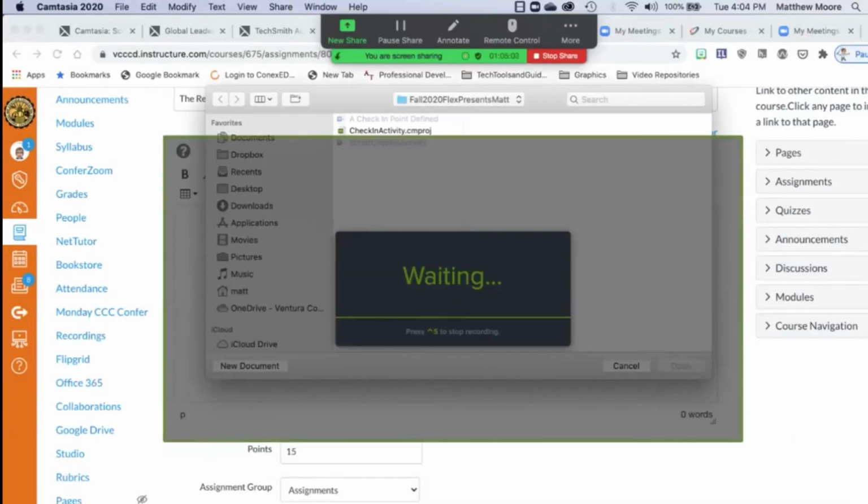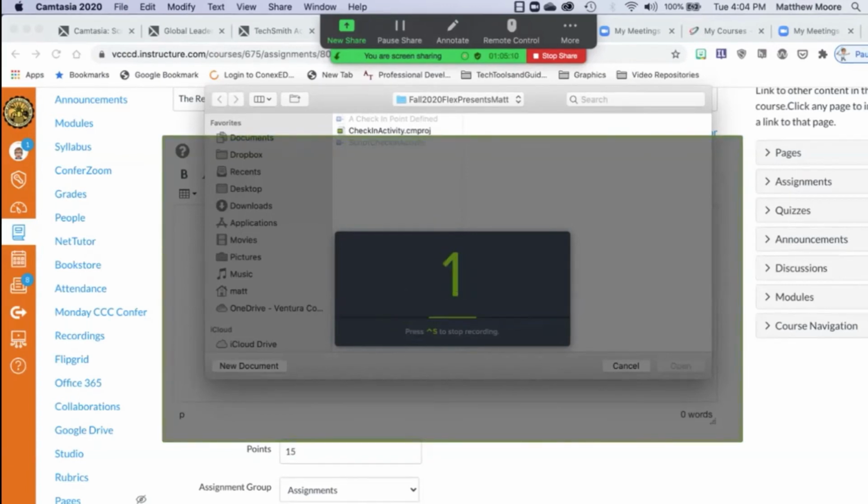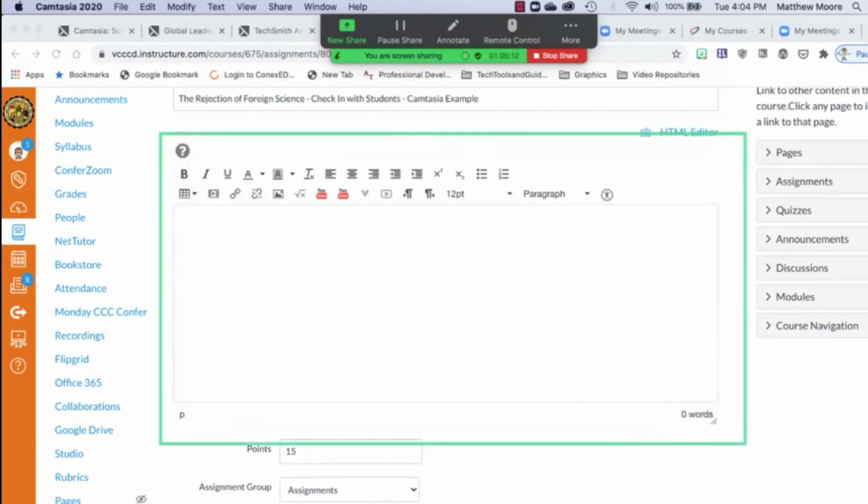I've got 3 seconds. Oh, no, I don't want this though. Okay, well, we'll just get rid of this window. All right, so we'll cut that part out. Okay, so let's get started. When you create a description for your assignment, you want to have some sort of prompt that students are going to remember. I know, after